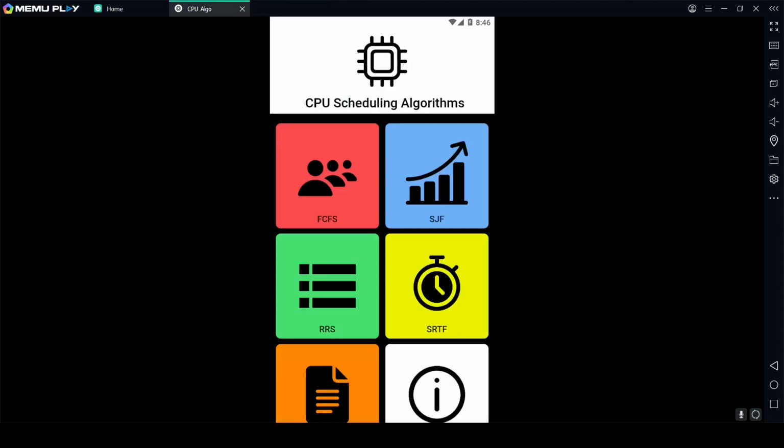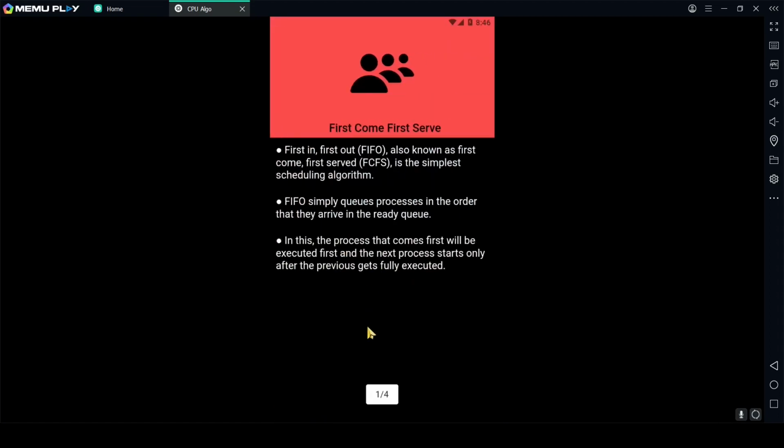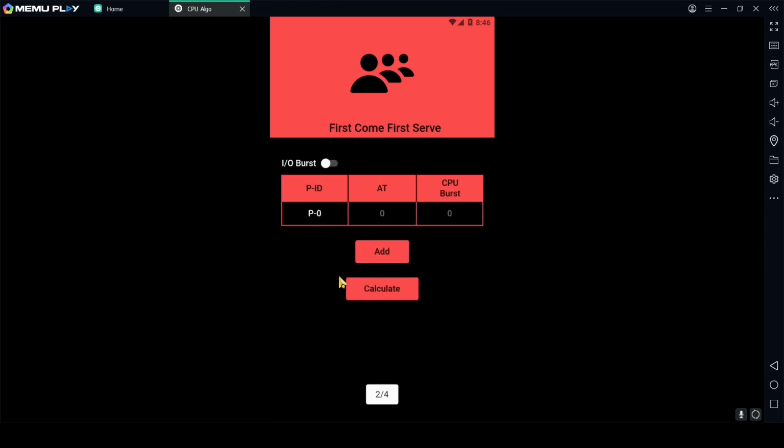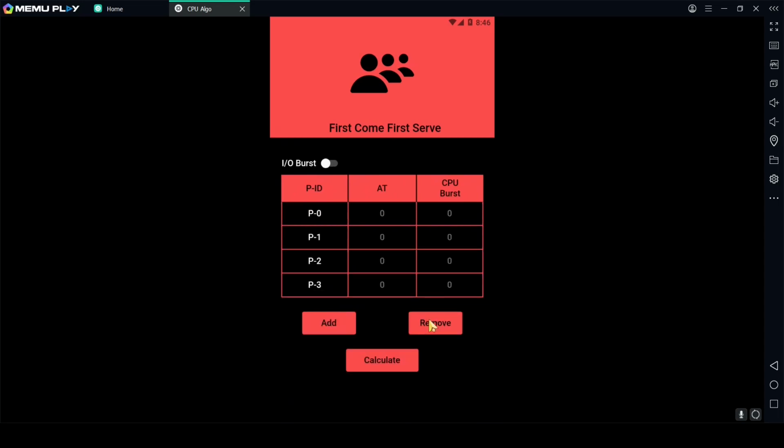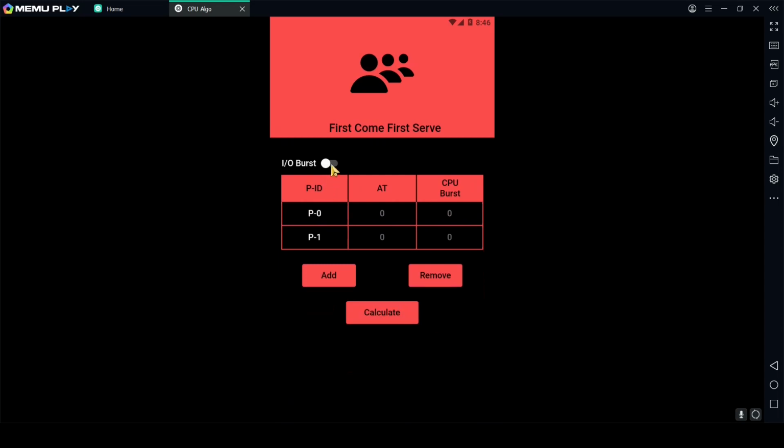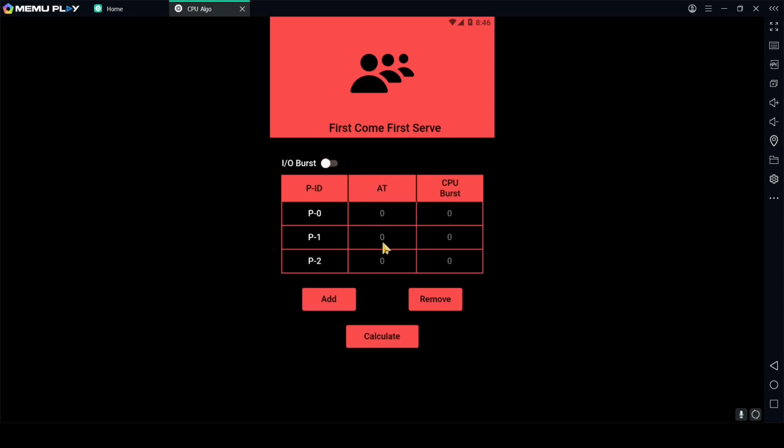So the first algorithm that we implemented is FCFS, or first come first serve. When you click on it, it takes you to the first page which shows basic information about the algorithm. On swiping, it takes you to the table page in which you can add or remove processes like this, and there is an IO burst button to add input output time to the processes. Now let's take three processes with these values,